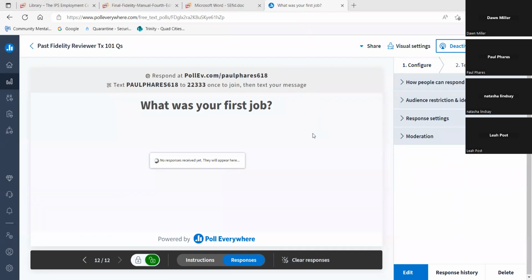So I opened up and made active a poll, and so you can either text to join this poll, or you can go online to Poll Everywhere and join this poll. The first question is just good to see this word cloud start to populate, and try to keep your answers to 1 or 2 words. I'm just curious, from this group, what was your first job? And while people are getting access to the poll and opening the manual and the scale,